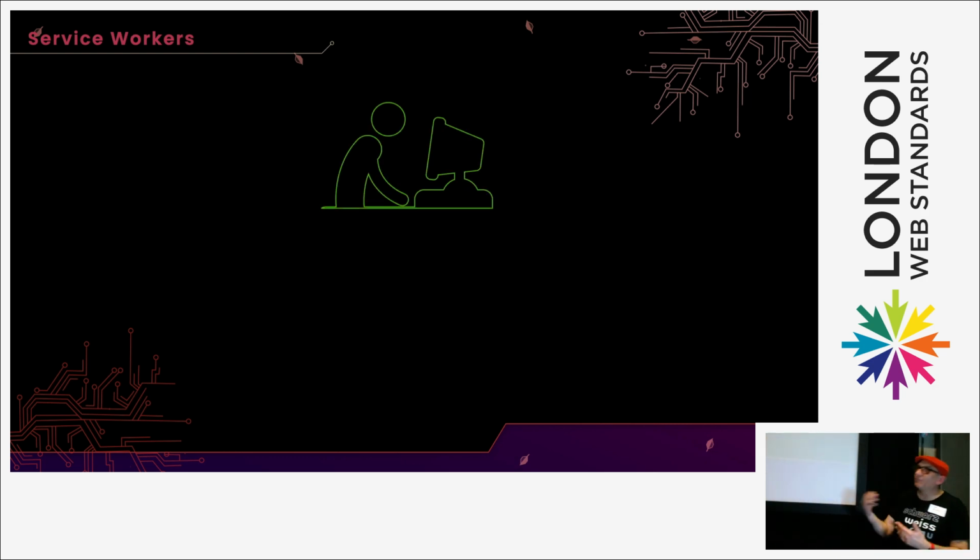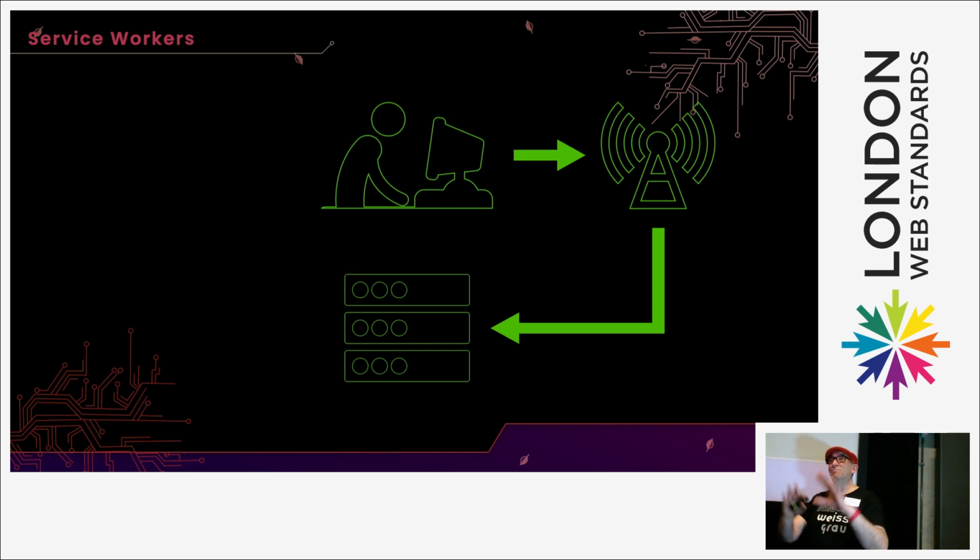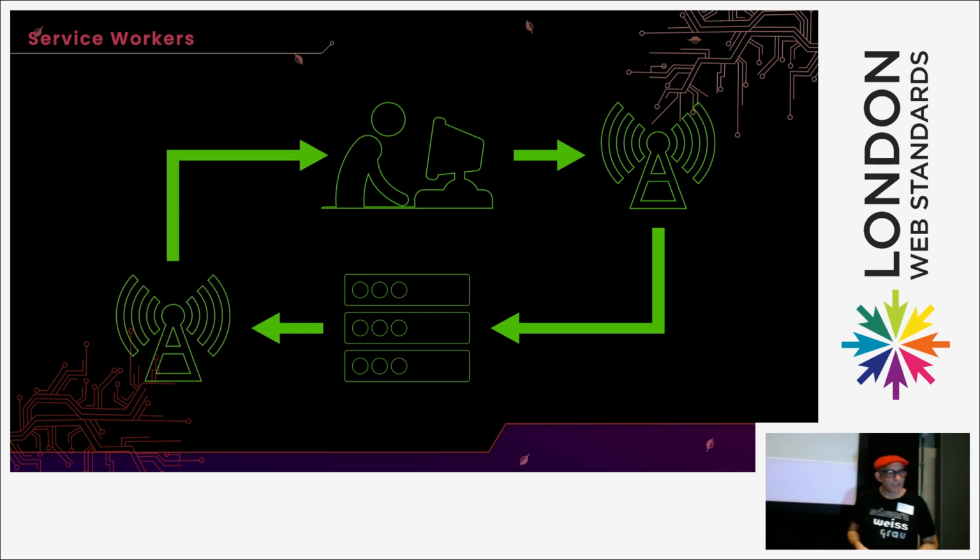Before we talk about service workers, I'm going to talk about how a website gets built. A person goes to their computer. They type something and it goes off to a beacon. And that beacon may be their Wi-Fi router, or it may be a cable, or it may be a telephone mast or something like that. That telephone mast gets that data and it sends it to a thing called a server. You probably know all of this, but it's important that we understand what's actually going on here. The server then goes, oh, okay, you want some information from me, and it creates a response. And it sends that response to the mast, and the mast then sends it to you.